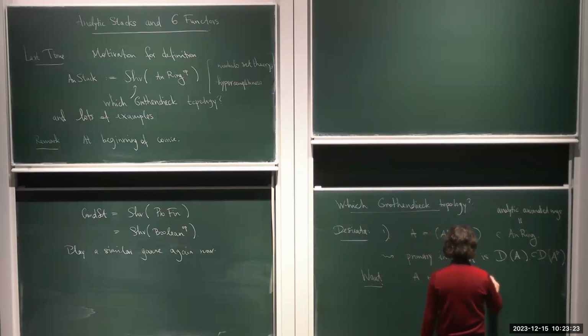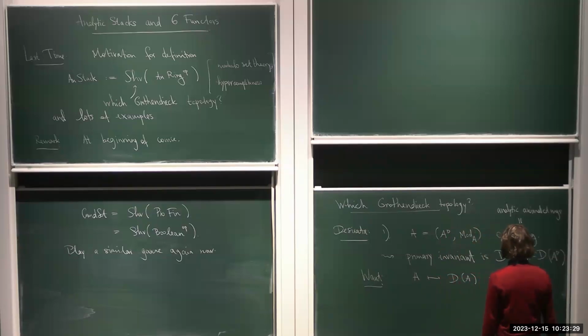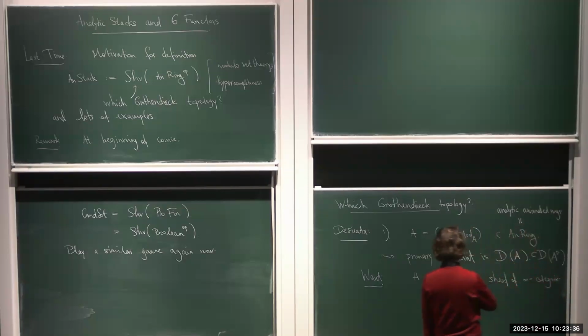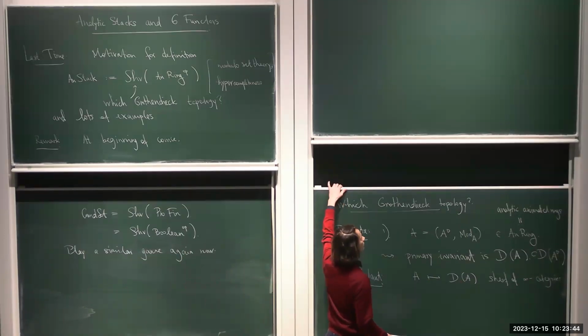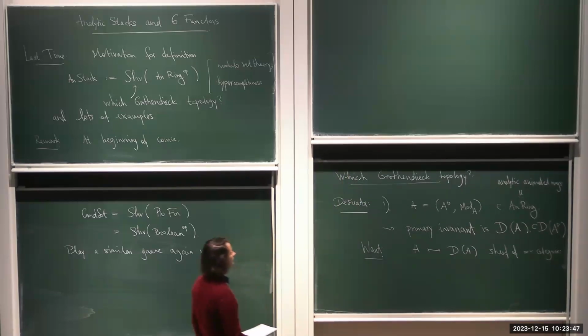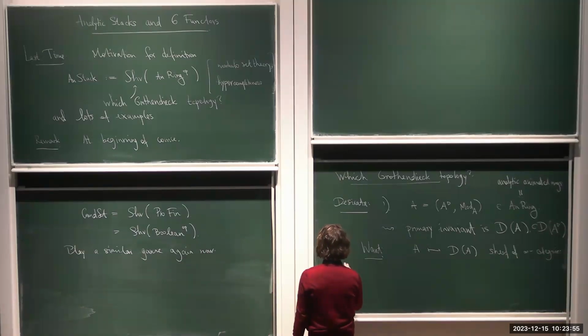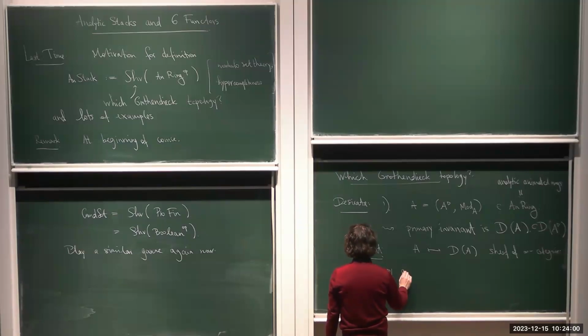is a sheaf. But it's this derived level. The only sensible way to phrase this is that it's a sheaf of infinity categories. So we actually need to treat this from now on always as an infinity category. So let's start with something we want. We want this. So this already means that for any analytic stack